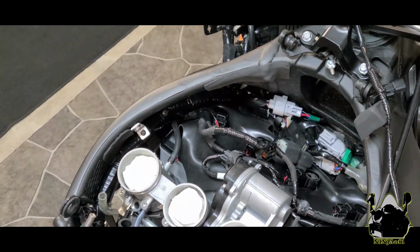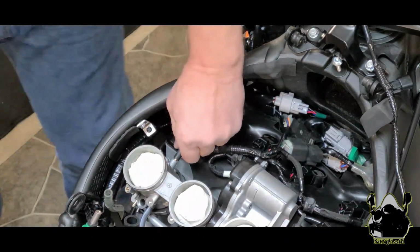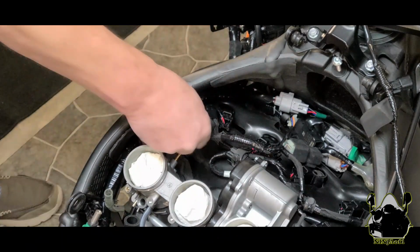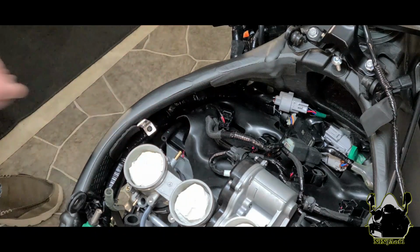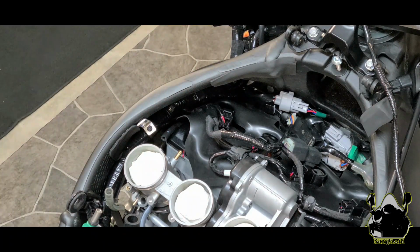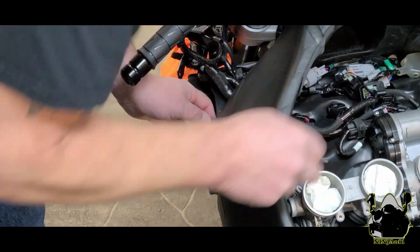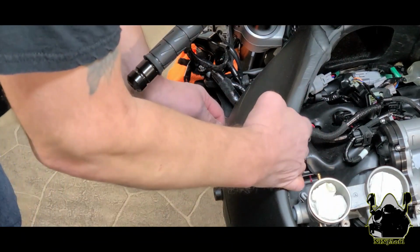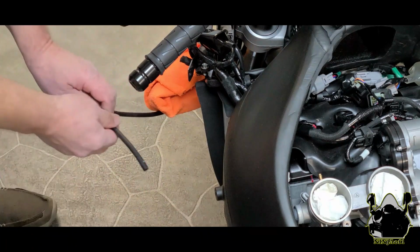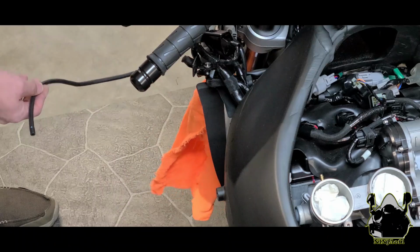All right, got a good shot. And then I'll come over on this side here and pull this hose off. All right, and then this hose is routing right here. Make sure that's in the shot. And this is the hose right here. That's the hose, and I'm just sliding it through. And this hose connects to,